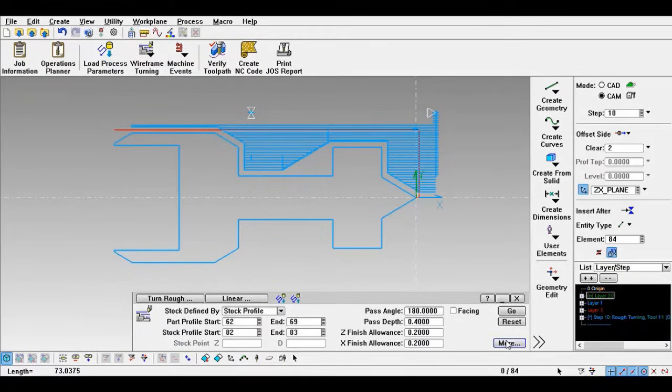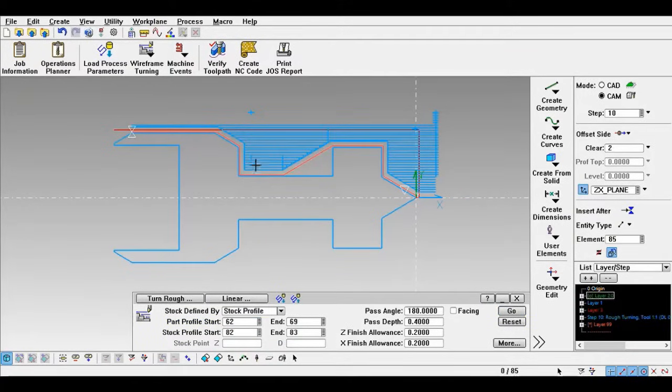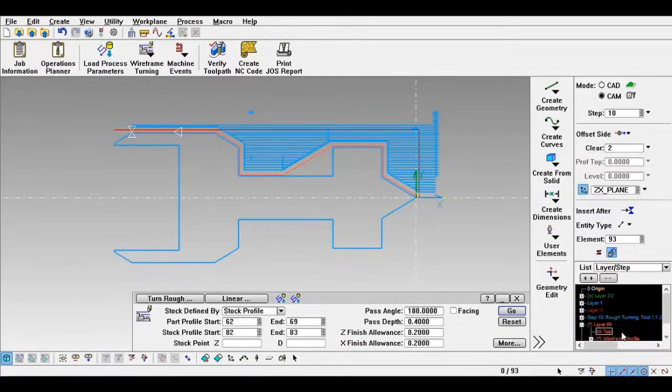You can see the more option. There is a Create TPP that will generate the theoretical part profile. So I have to undo the things and say go. You can see the red line which has come, which can be used as a stock profile for the next process. You can see in layer 9 there is a profile generated. We can modify that and unpack so that individual lines are available for selection. Now it is unpacked, and you can see it has come as a wireframe profile.